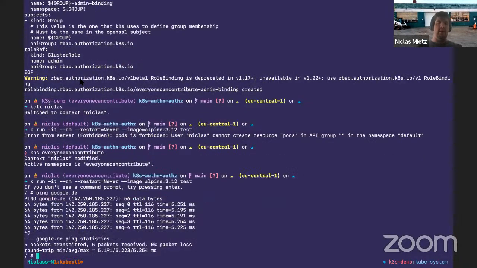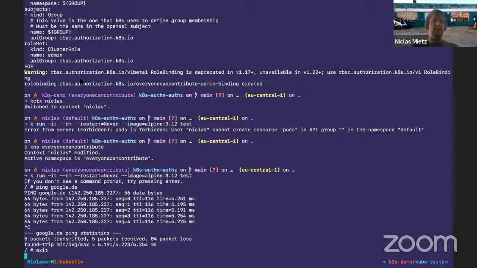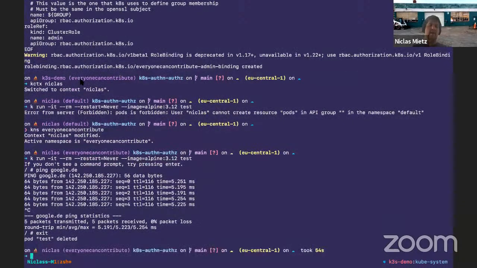Cool, we can now work as our own developer with our own user. And that's really curious. So that's really the authentication and authorization part of Kubernetes. But now we're coming a little bit to the point. What I wanted to point out is, probably when I switch back to my